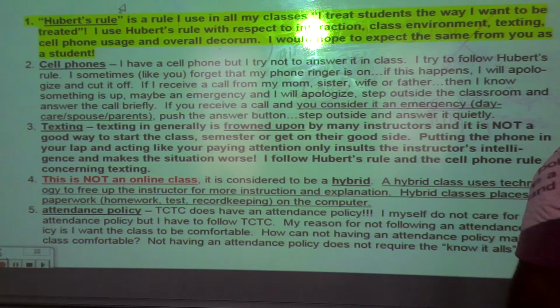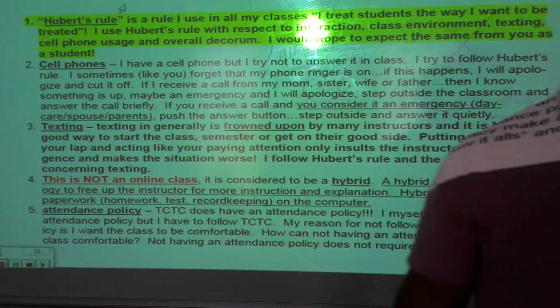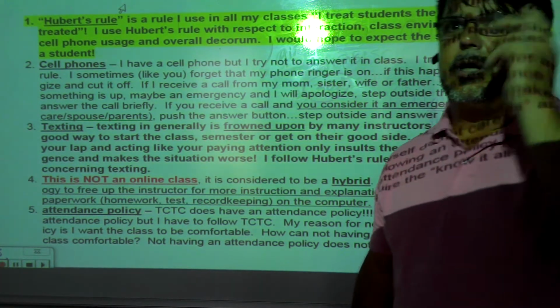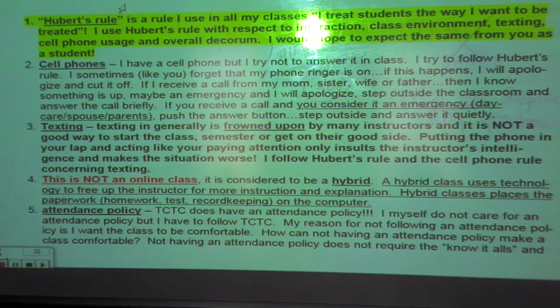That will keep you from getting a nasty email every time you're absent in my class or any other class. Now, I don't know how your other teachers are doing it, if they're going by the book, but I'm not, because there's no way I can make you be here every single week. Some of you have kids, some of you have parents, some of you have siblings that need to go to the doctor,